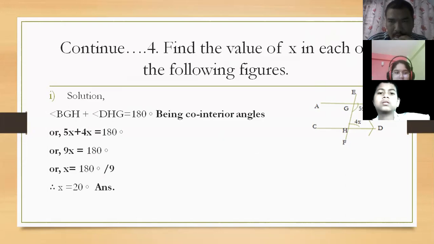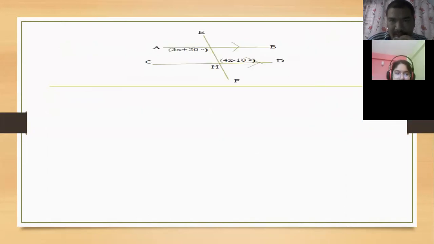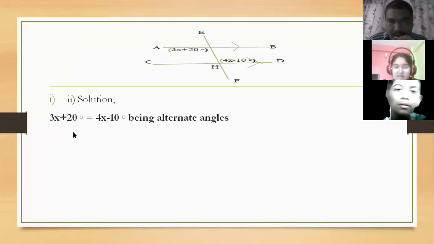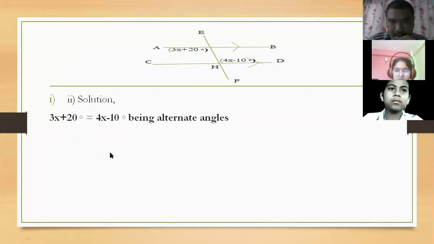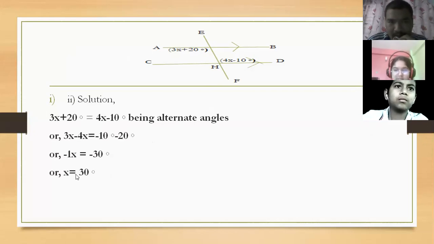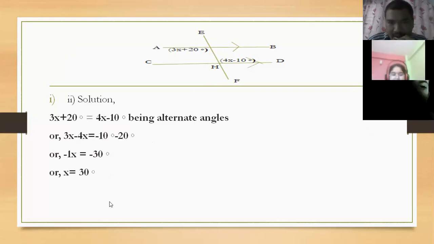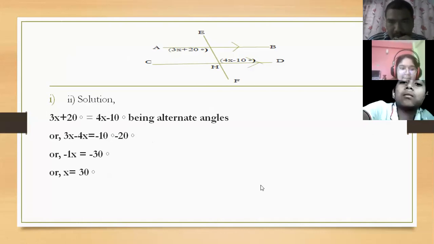Hello, Sonam Guru. And this was also explained last class, this alternate angle. These two angles are alternate angles, that's why they are equal. Yes, sir. Why are they equal? Because they are alternate angles, right? Alternate angles. And then the x value comes here 30 degrees. This was also explained.